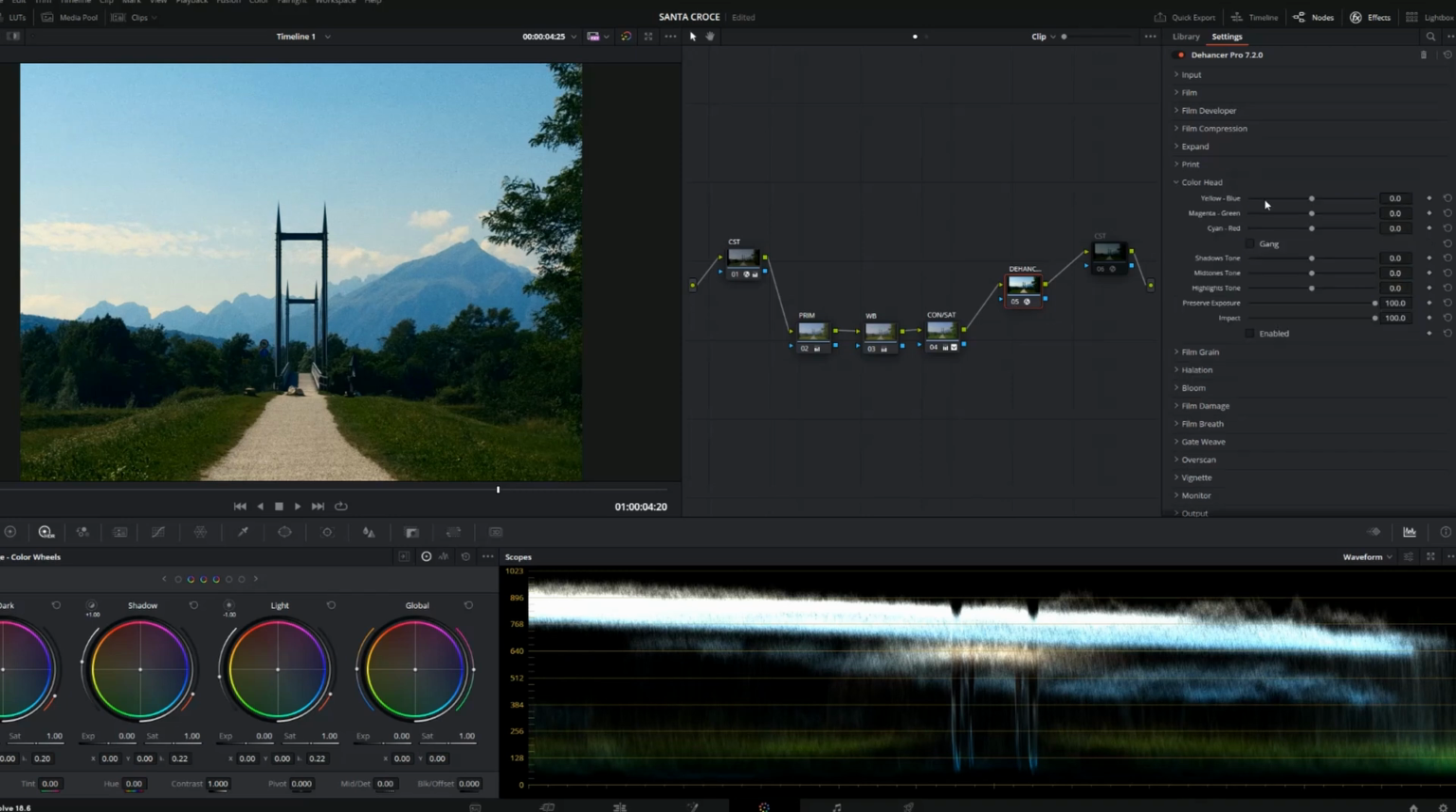There is an extra one here, color head. I don't use this a lot, but it's really useful if you're trying to make shots match each other. So this is where you can change all the colors. So this is yellow, blue, magenta and green, cyan, red. If you're doing this, you would do tiny little hints to the side, so I might actually want